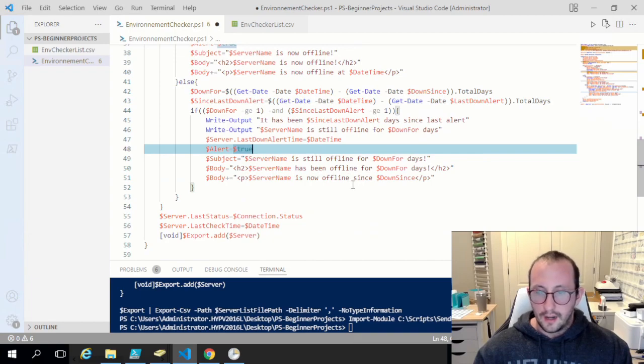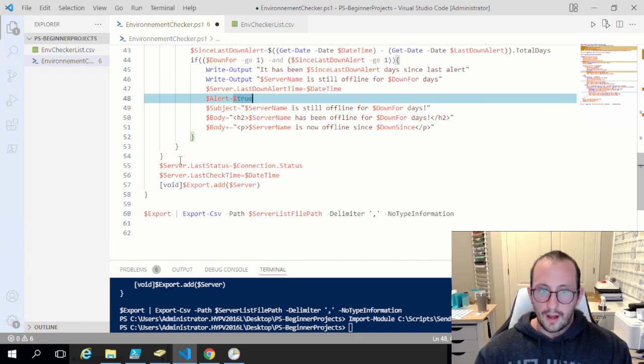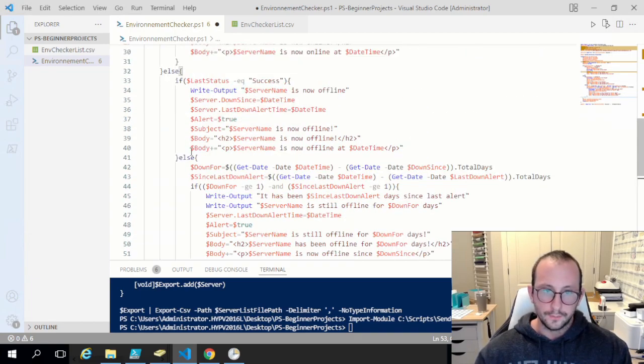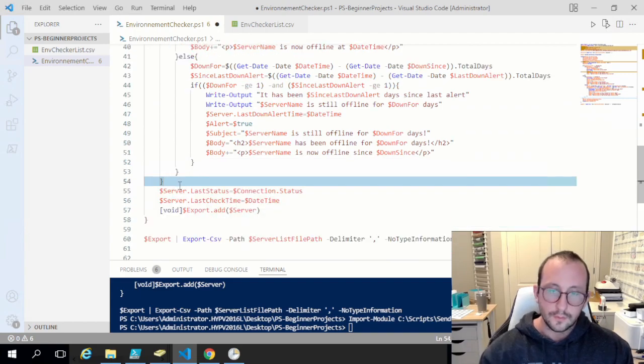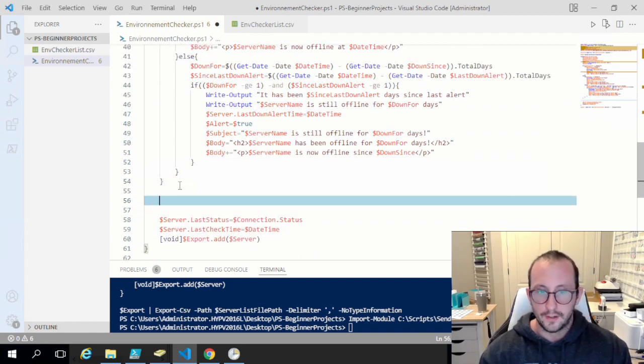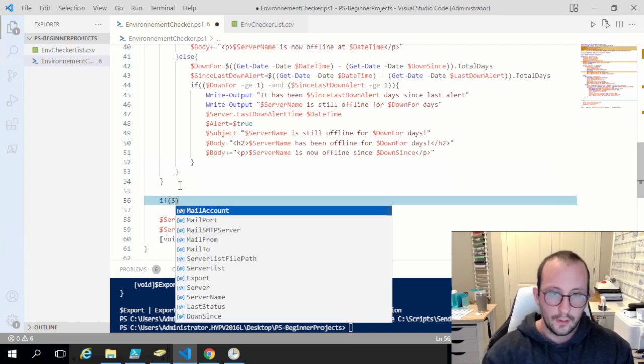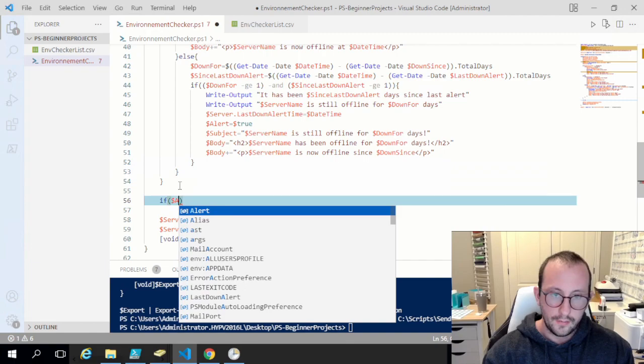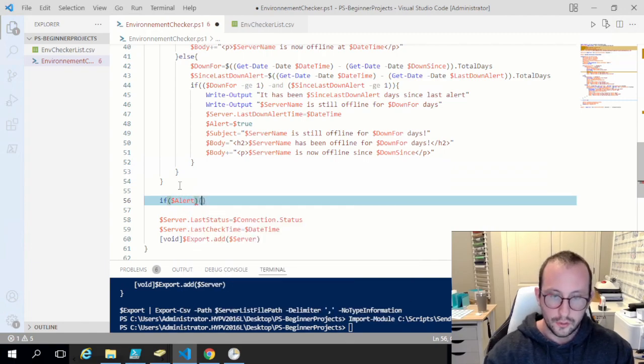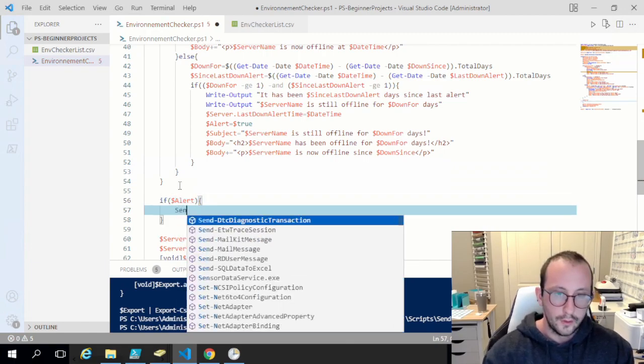So that will tell us how long it's been down for. Now at the bottom here, before we update our server object, what we're going to do is an if alert. So if the alert variable is true, what we're going to do is